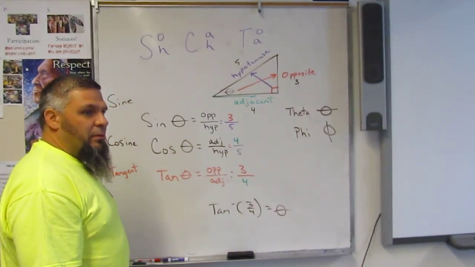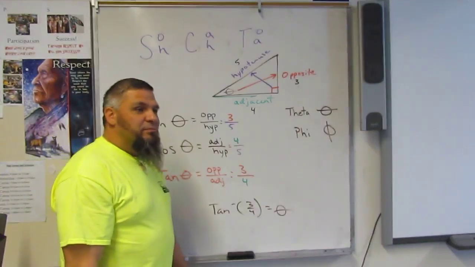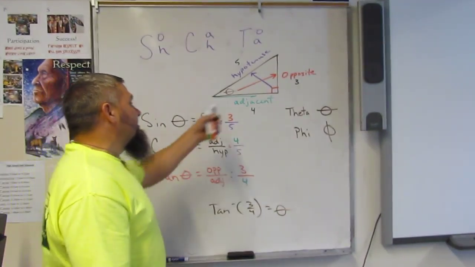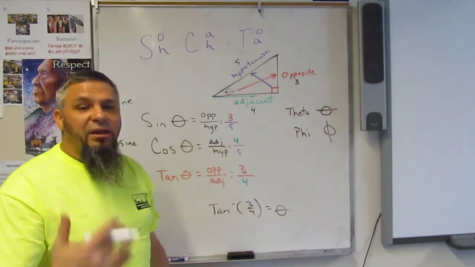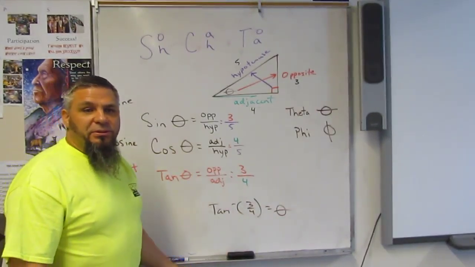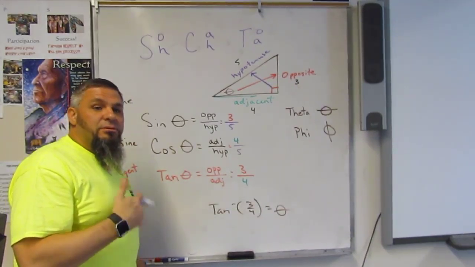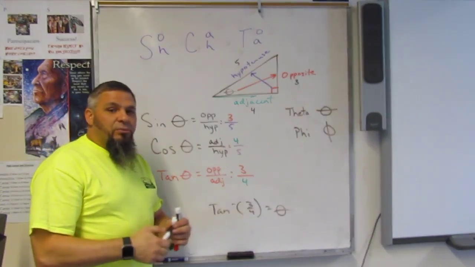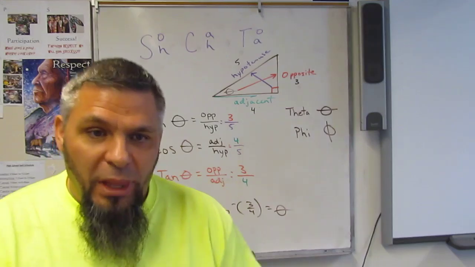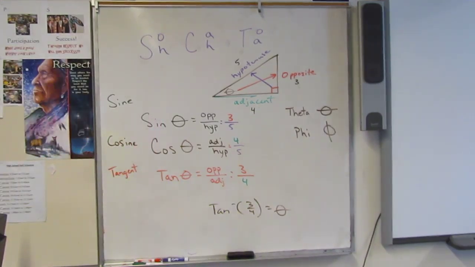Is theta our angle? Yes. So we're going to be able to find the sides by using the angle, or use the sides to find our angle. So that's right triangle trig. And maybe next week we'll head outside and do a bunch of this stuff on the buildings with shadows and